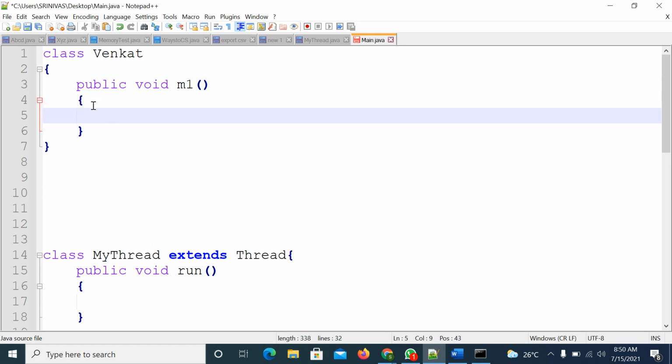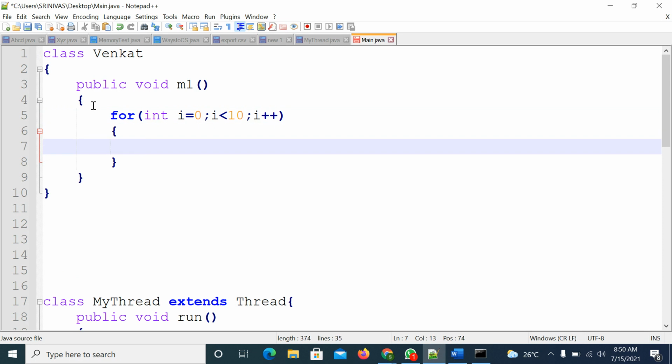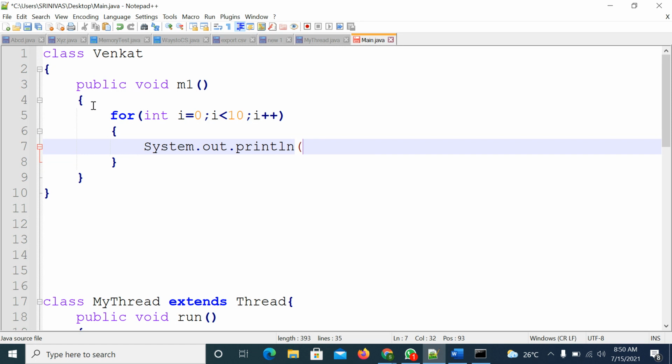Inside this method, I will use a for loop and print some statement. I'm adding this println statement.